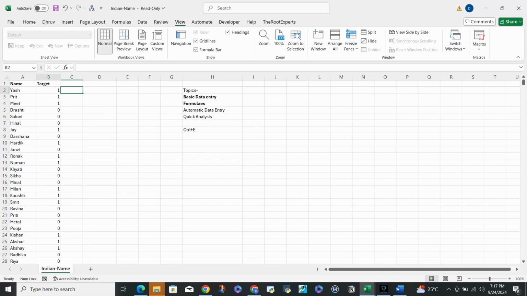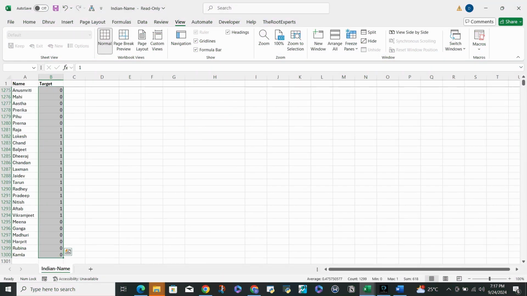More on that, we have covered automatic data entry, but once we have entered the entire data set, we require to actually analyze everything very quickly, right? Just at our fingertips, and we need to just get some gist out of it. So let's say we are selecting everything using Control Shift Down Arrow, and to do the quick analysis, all